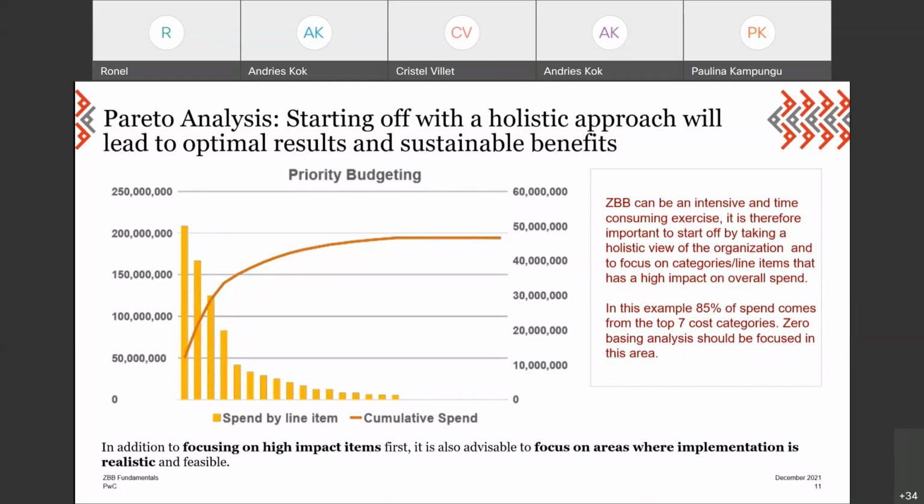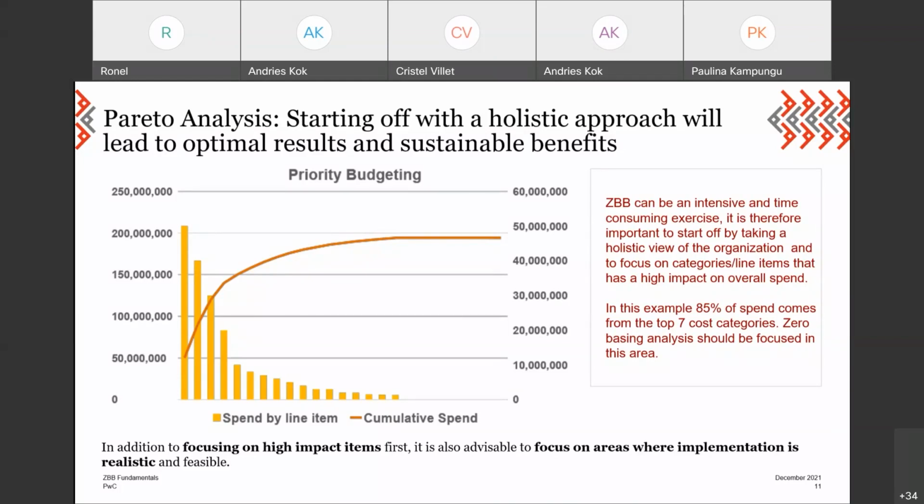You don't really want to start with the tail end at the right, because it's not really going to have an impact. You might go through a lot of manual intensive work or managing certain stakeholders and not actually see any value. So you want to take this lens as well, so you can look at where the big ticket items sit and where it's actually going to have impact. Where's it really going to hit home?